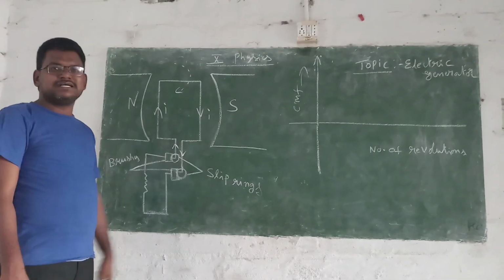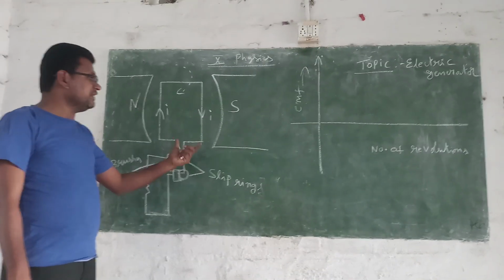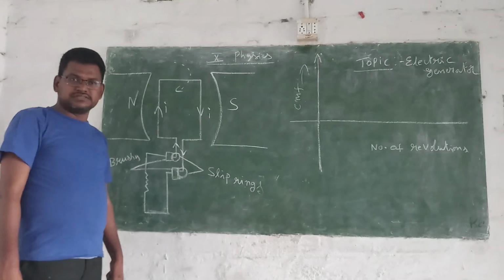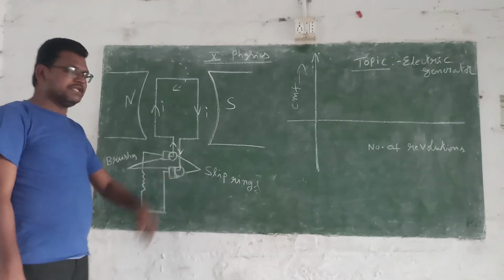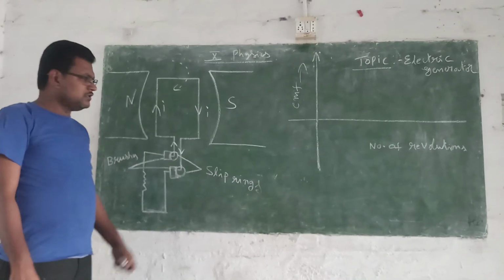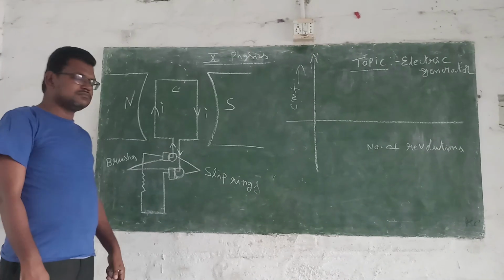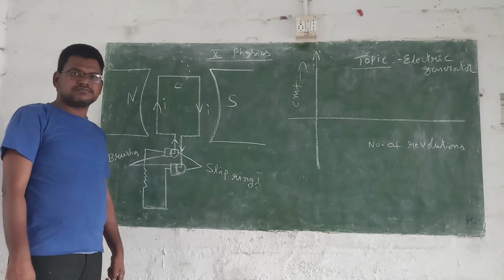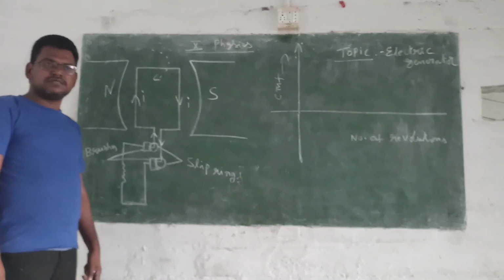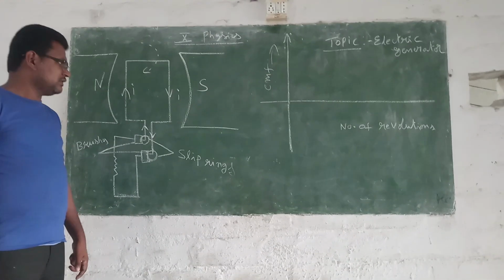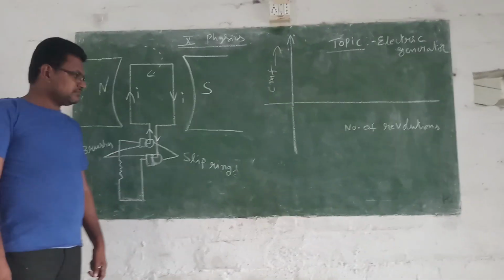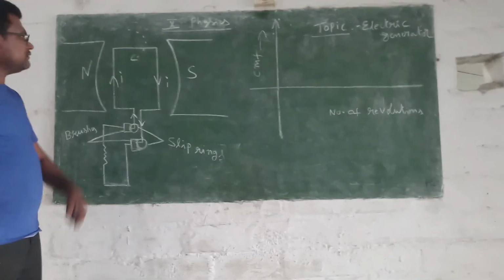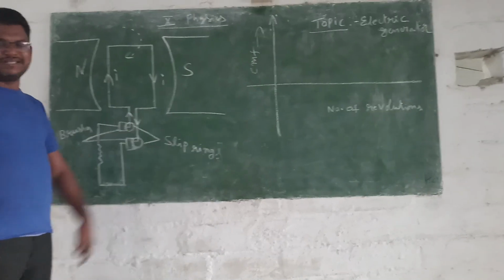So we get the electric current from the electric generators. Here we have the AC generator and the DC generator. We will discuss about these two later. Now let's see the AC generator,